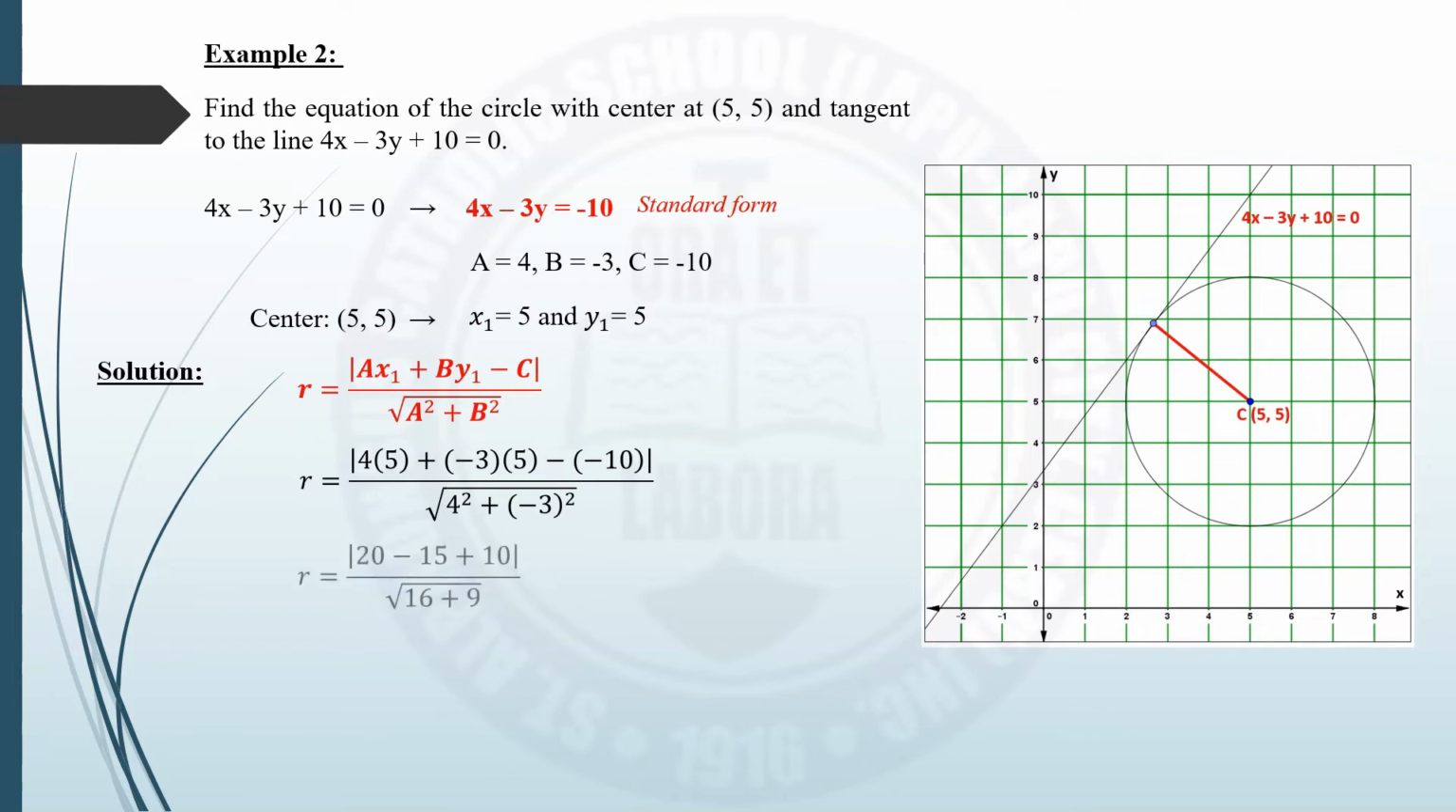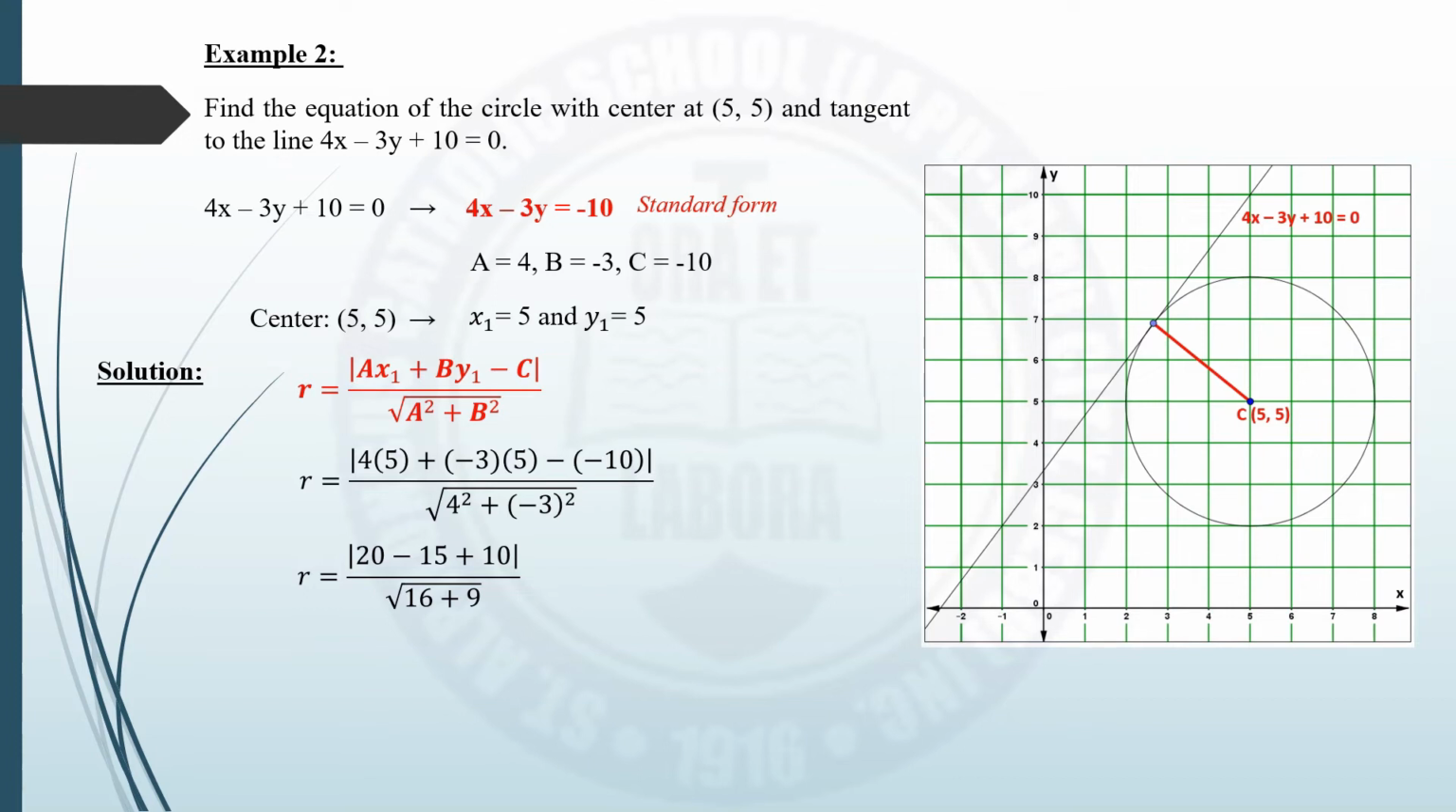Then simplify them further. 4 times 5, the answer is 20. Negative 3 times 5, the answer is negative 15. And minus negative 10, the answer would be 10. So the solution for our numerator would be the absolute value of 20 minus 15 plus 10 over 4 squared,